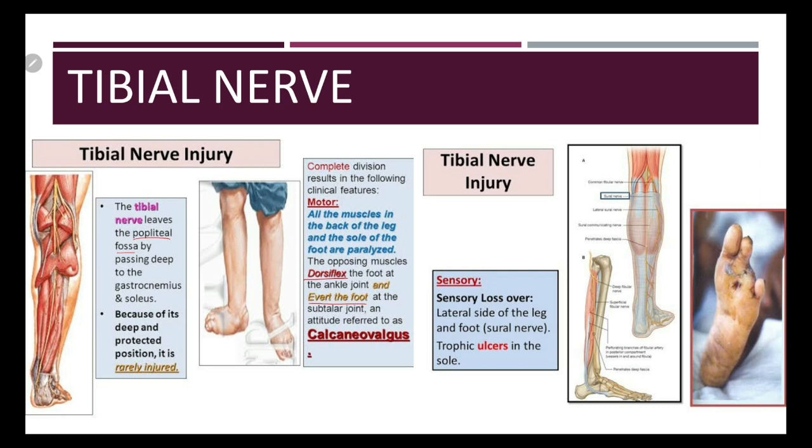Loss of prominence of the calf and tendocalcaneus due to paralysis of the triceps surae muscles, that is gastrocnemius and soleus together. Then there is loss of plantar flexion of the foot due to paralysis of the flexors of the ankle, and there is inability to stand on the toes due to the loss of plantar flexion of the foot. Then there is sensory loss, the loss of sensation in the sole and plantar aspects of the toes, including the dorsal aspects of their distal phalanges, due to involvement of cutaneous branches.